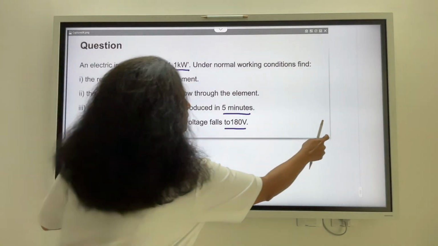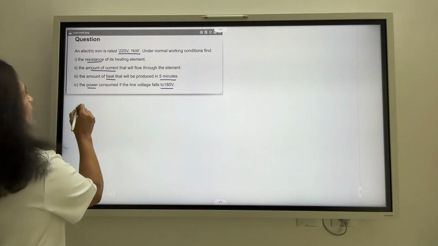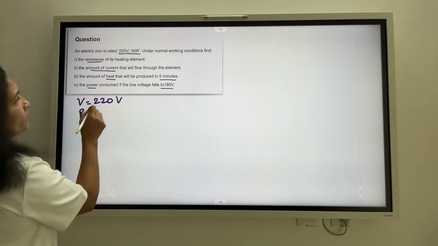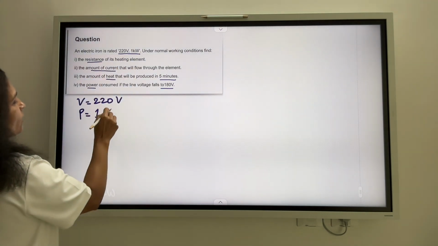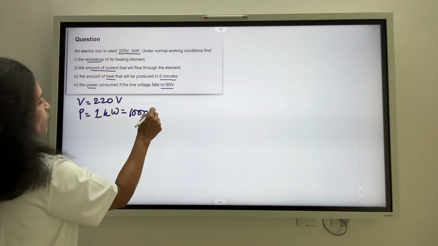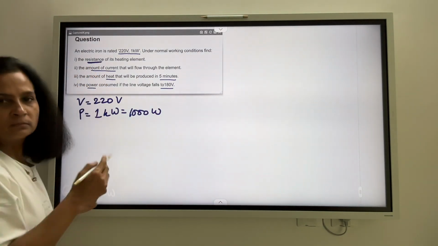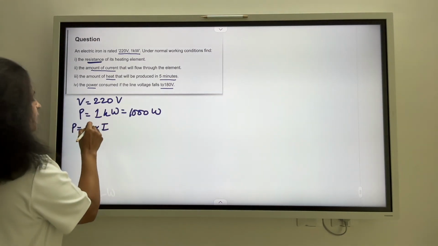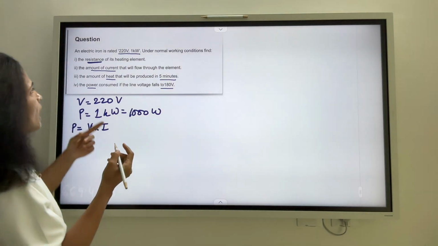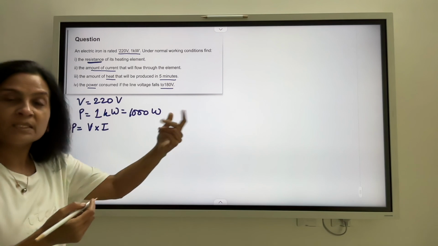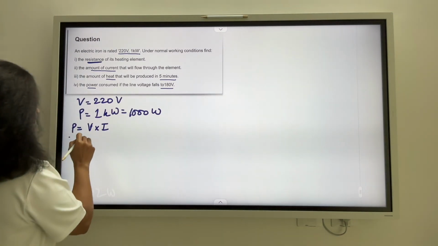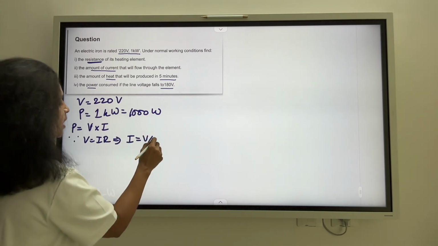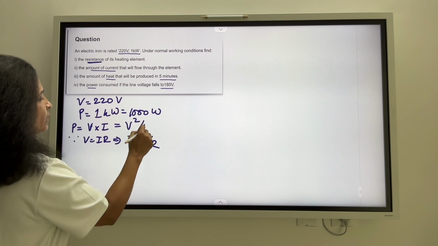So here's our first step. We have a voltage of 220 volts. What is the power? Well, it is 1 kilowatt. So 1 kilowatt is nothing but 1000 watt. हमें निकालना क्या है? Resistance. तो बहुत simple है. We know that power is equal to V into I. What I need is resistance. So क्या करेंगे? हमारे पास current तो है नहीं. So let us replace I. कैसे replace करेंगे? Since V is equal to IR, implying that I is equal to V by R. So V square by R is power.